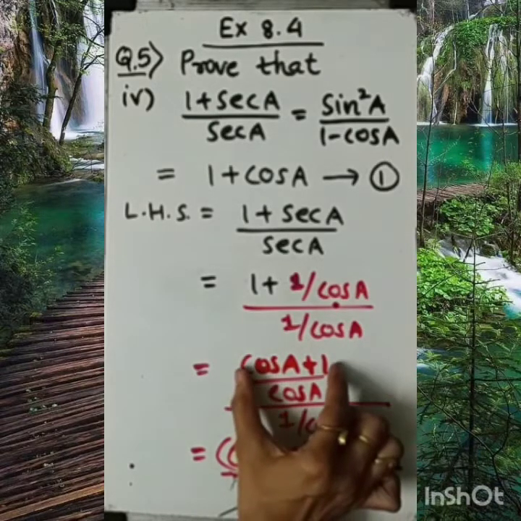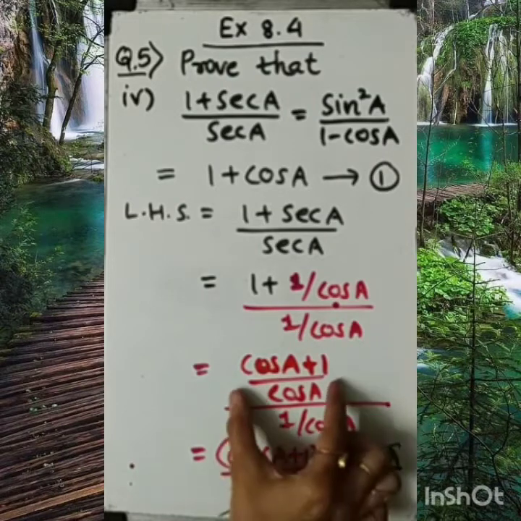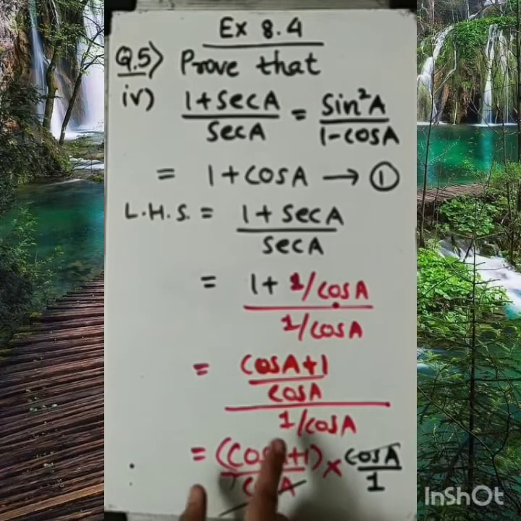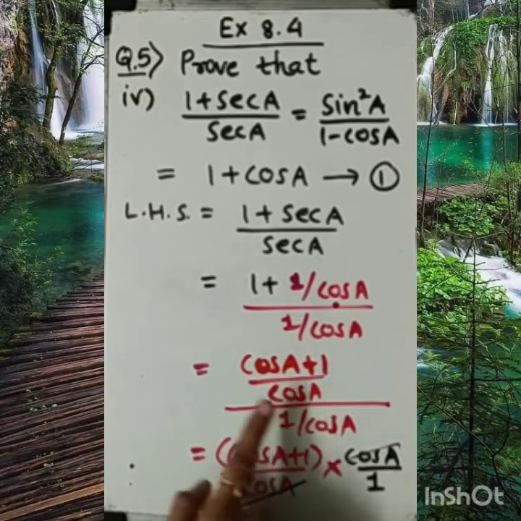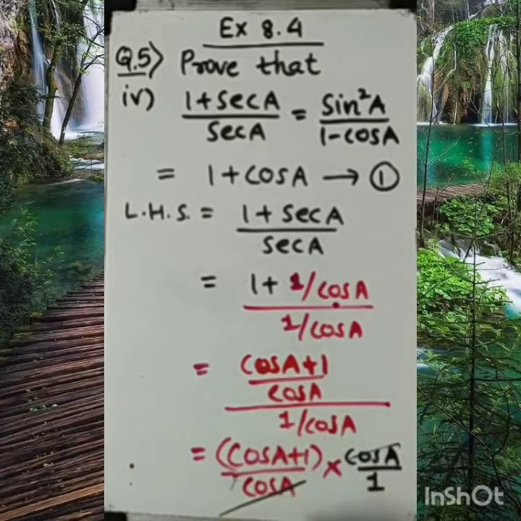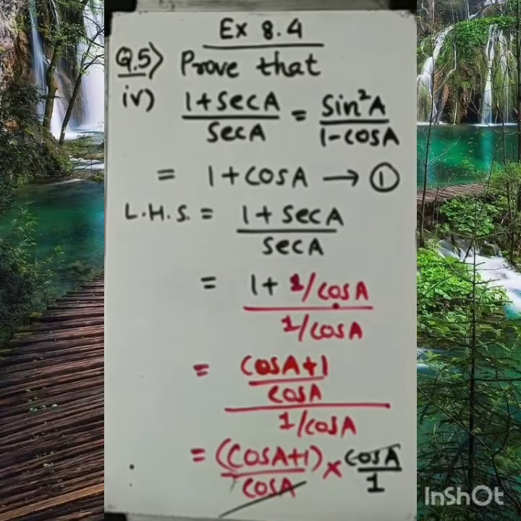Now in numerator, this much portion as it is I am mentioning here, nothing I have done, as 1 upon cos A, that is denominator's denominator. Denominator's denominator, so it will be numerator. So here cos A by 1. As we know, cos A same, so we can cancel it because they are connected with product. Clear to you? But as I taught you, instead of cancelling, better you write cos A upon cos A and it says a 1. Let's see the last step which we have to prove.